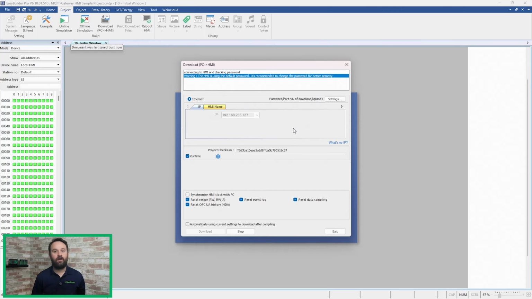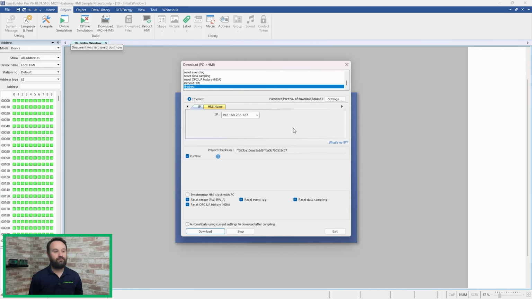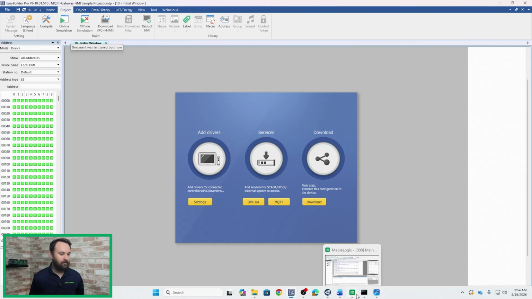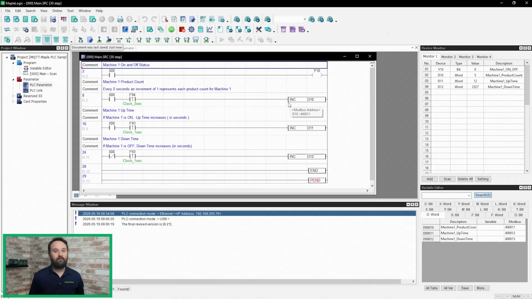And it will download this project to the CMT G01X gateway. It's downloading the project, and it'll take some time. Once it downloads everything, it will reboot the HMI, and then it'll stay finished, and then you know that it has downloaded the project to the gateway. So I'm gonna hit exit, go back to Maple Logic, and now I'm gonna download this to the PLC,